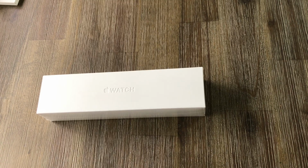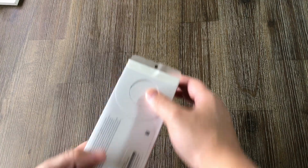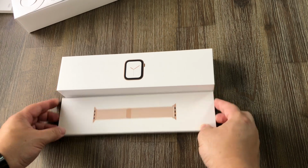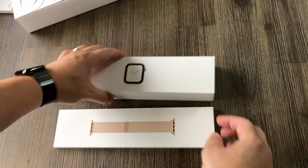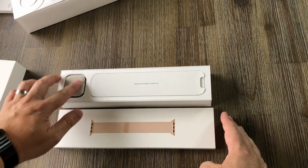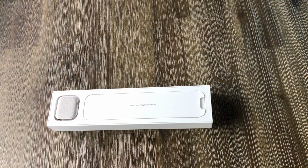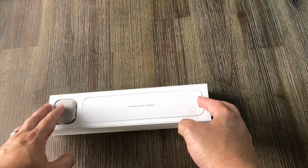Okay, and here we have the Apple Watch in gold with Milanese loop. So let's go ahead and pop that one open. Okay, Milanese loop and the actual Apple Watch is going to be in here. Very nice little soft case here, keeping it nice and safe. And here is the box itself, and